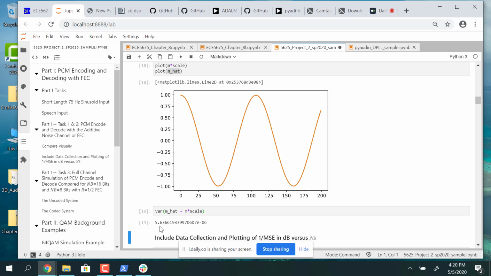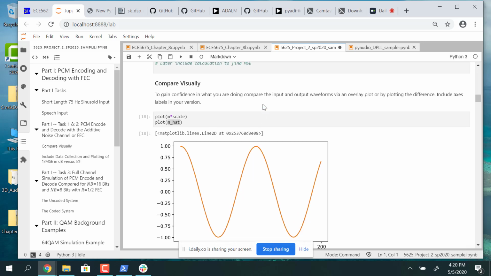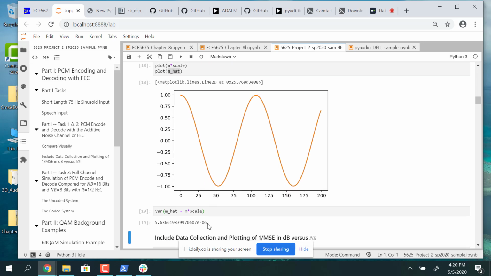This is the mean squared error, the sum of the squares of the difference between the input that's been scaled to match the scaling that goes into the encoder and the output. But now because of the quantization effect, we're getting a small amount of error, and that's a measure of the quantization error, and 1 over that is the effective signal to noise ratio that gets talked about over here,